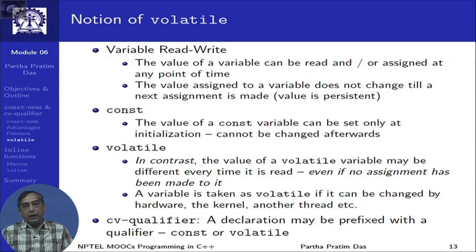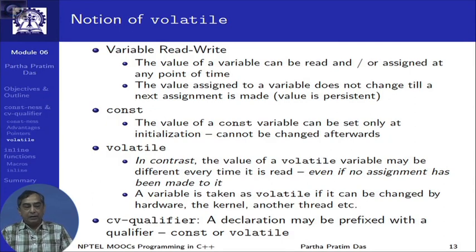Now, look at constness in this context. In constness, what we are saying is that we are allowed to assign, or in that sense initialize, the value only once and not allowed to change it afterwards. So, for the whole lifetime of the program, the values that I read of this variable will be the same. That is the constness. Volatile, in contrast, is saying that it is a volatile value, which means that if I